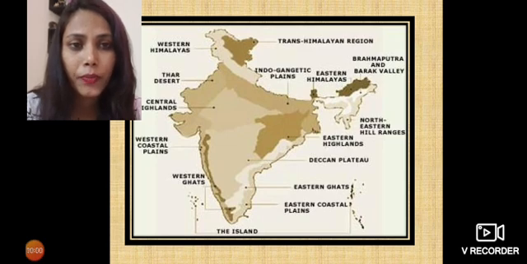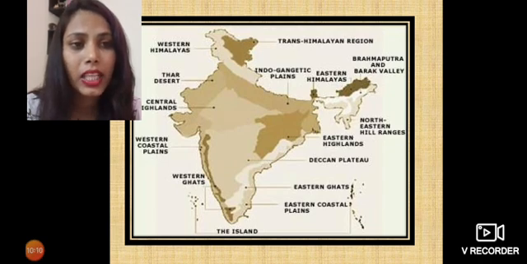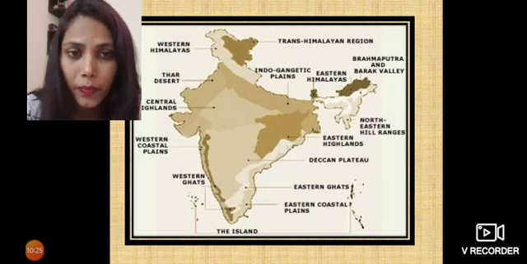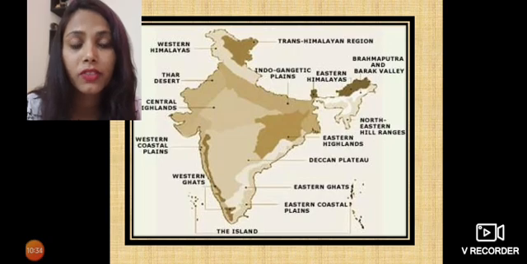Thar Desert is given in the west of India. Then you will find Central Highlands to the south of Thar Desert. Then you can see in the east where Chhattisgarh is, that's the Eastern Highlands. Then to the south of Eastern Highlands you can see Deccan Plateau written, Eastern Ghats written. Then on the western side Western Ghat is written. Plains are also given, the Western Coastal Plain, Eastern Coastal Plain. Clear? Just keep all this in mind so that geography gets very easy for you.